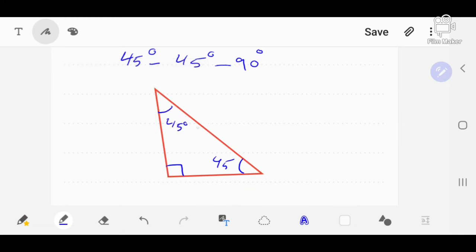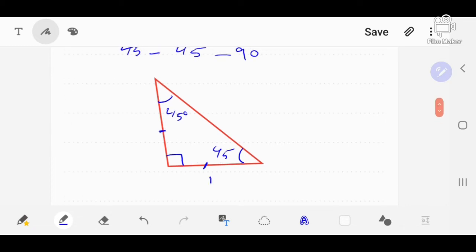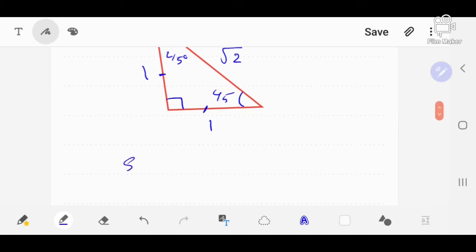Let's do it in a simple way. Since they are the same, let's say 1, 1, for example. By Pythagorean theorem, you will get that this will always be radical 2. If you have 3, 3, then this will be 3 radical 2. So the simplest form will be 1, 1, radical 2, which means sine 45 is the same as cosine 45,